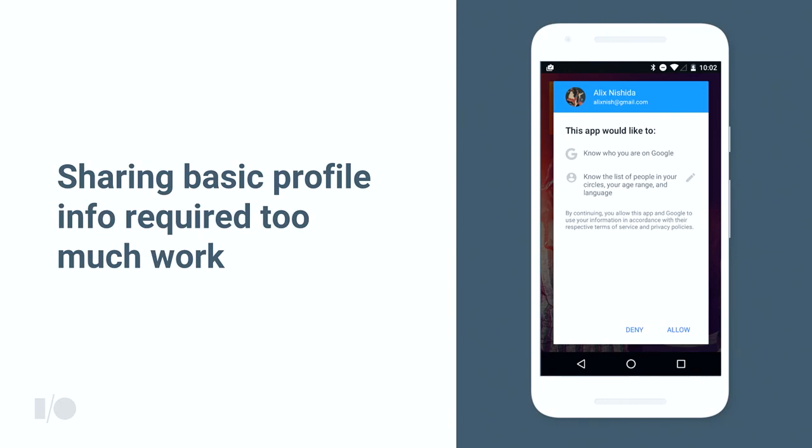Now, Google Sign-In is a product that we're all familiar with. It helps users sign in using their Google accounts to your app or website. So what have we done to help simplify this for users as well as for developers in the last year? Now, I'm sure that everybody has seen a consent screen, which is the first thing you see when you tap Google Sign-In or any other identity provider that looks something like this. It's a wall of text.